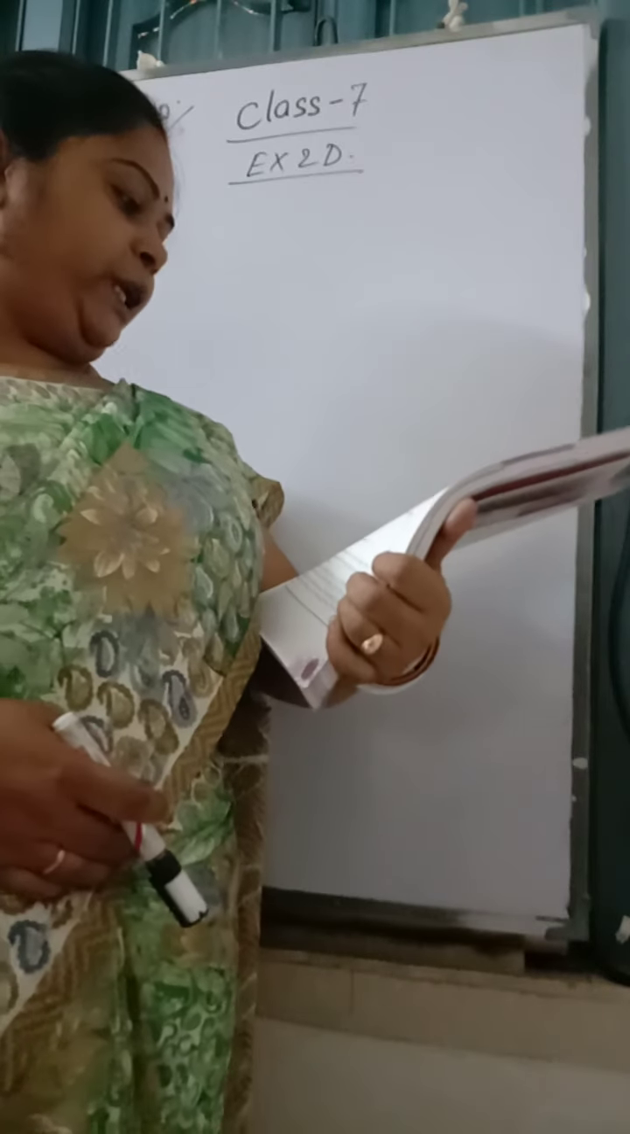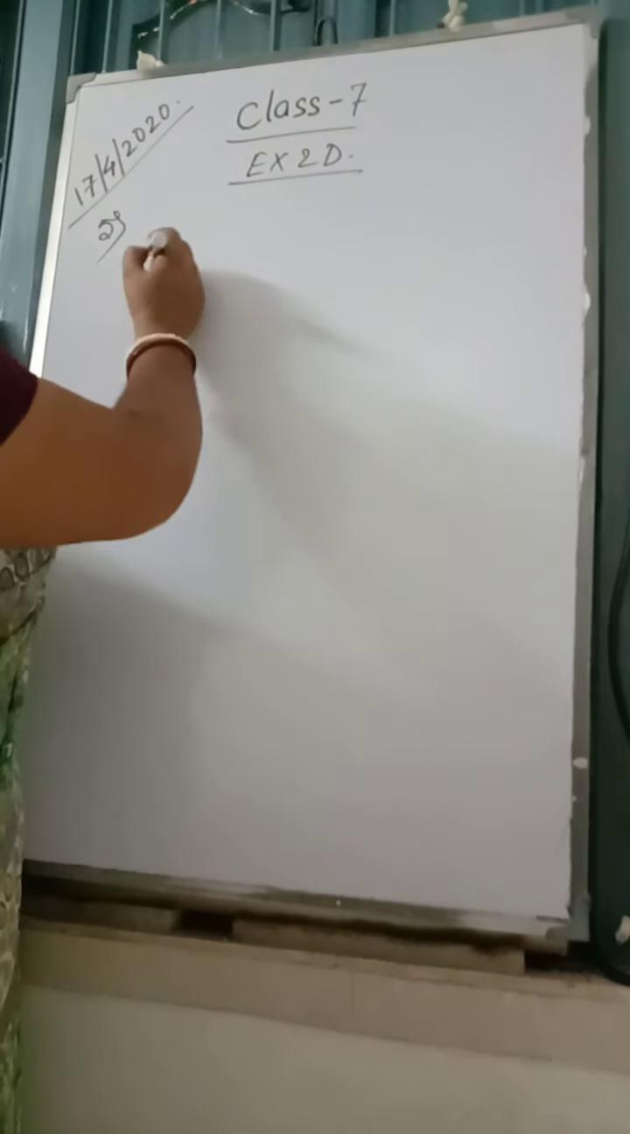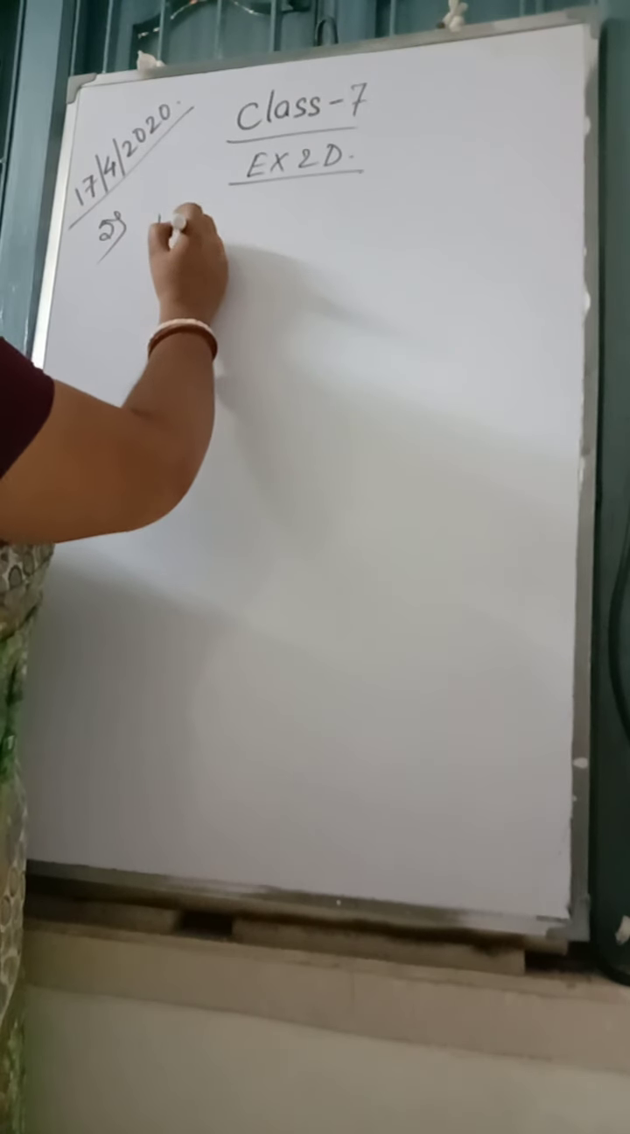Guys, we have completed up to question number 4 last day. Look at question number 5. Here you have been given a group of decimal numbers and they have asked you to compare them and arrange them in descending order. So first of all, we are going to write the numbers given to us, that is 1.6,